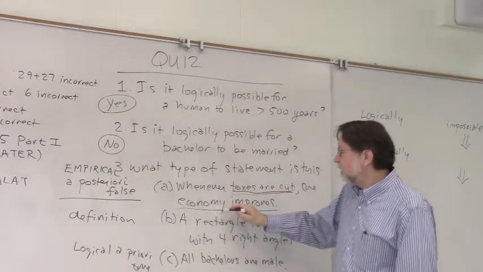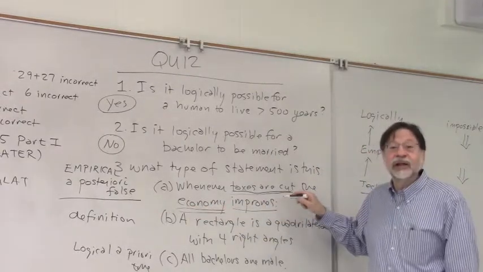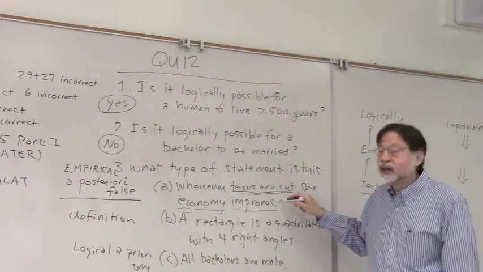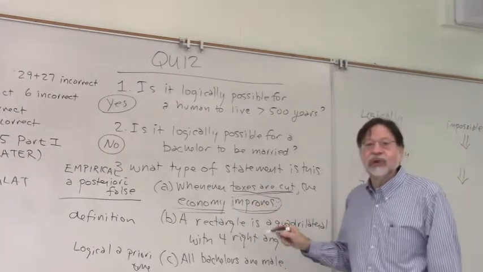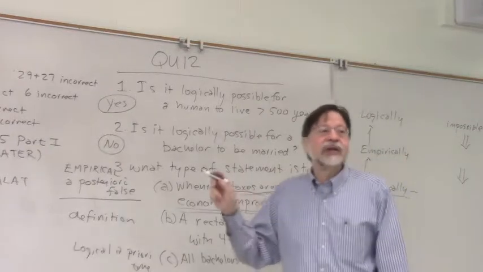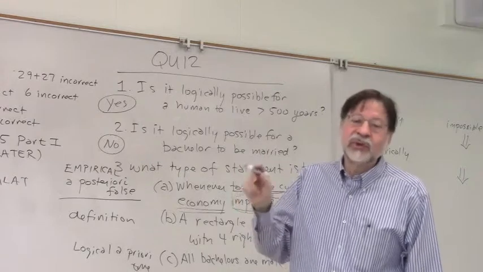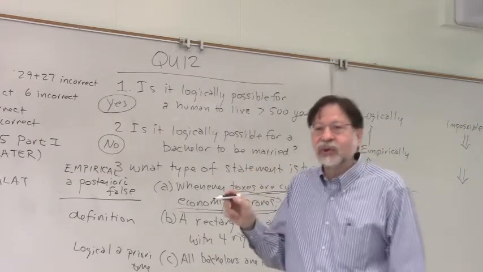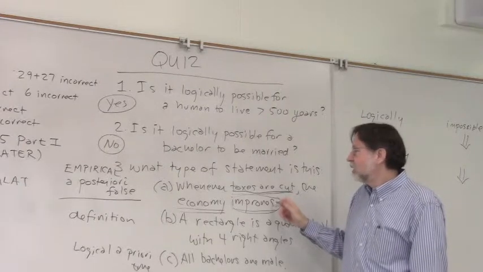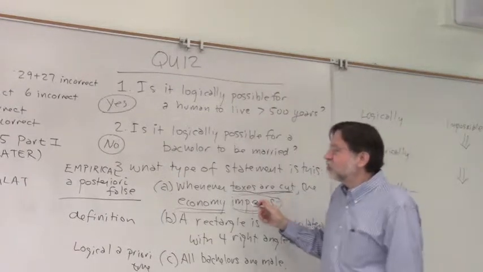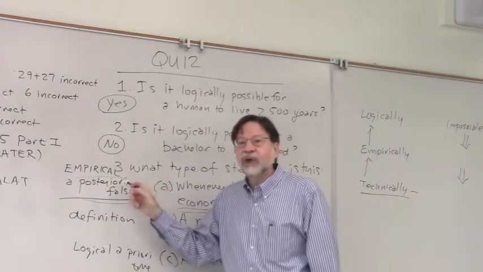What do we mean by the economy? We have indices like the stock market and unemployment and things like that. And we have value judgments. When we say it improves, we mean more people are working, the stock market is going up. When the stock market goes down, people are losing their homes and people are out of work, we say the economy is doing worse. And so this is an empirical statement. Is it consistent with evidence? You have to collect evidence, and the evidence shows it's false.